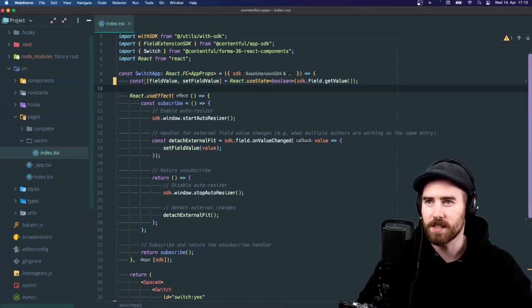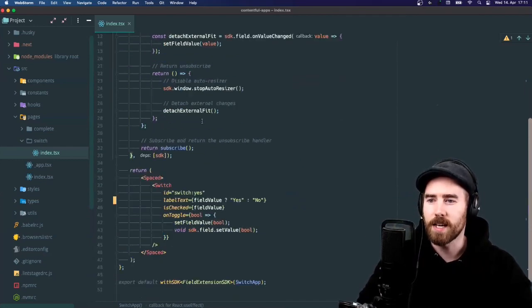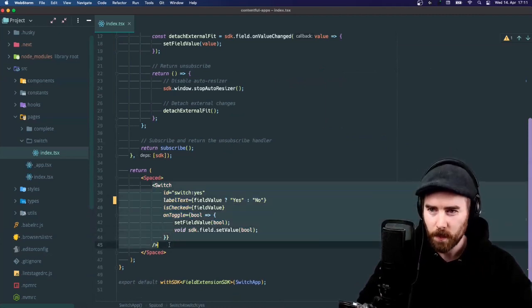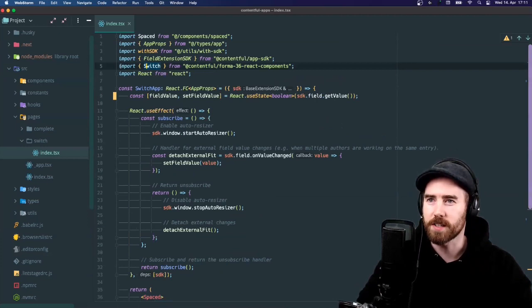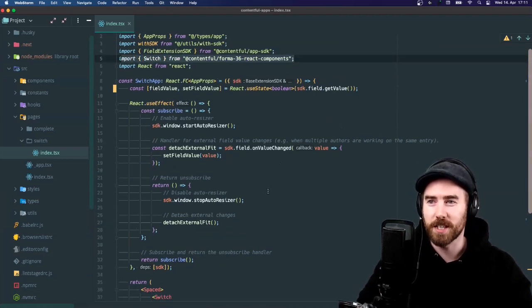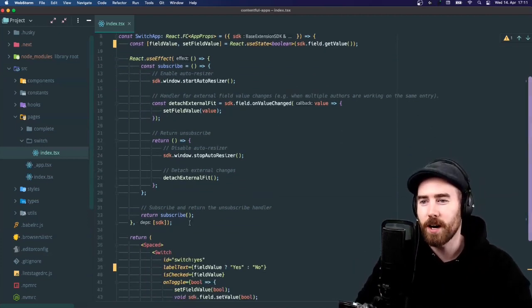We have some state to store the Boolean value of the field. We're getting that initially from the SDK if it's already been set. And down here, then we have our switch component, which is coming in directly from Forma 36 up here. So there was very little we actually had to do to get this running here. Something I do want to highlight is a couple of features of the SDK that we have here in this